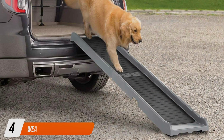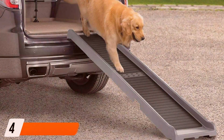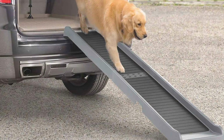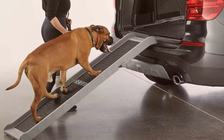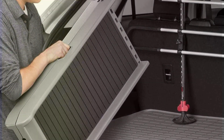Next up at number 4, we have the WeatherTech PetRamp, your trusted solution for enhancing your pet's mobility and safety. With its innovative design and premium features, this ramp is a must-have accessory for pet owners on the go. Crafted with durability in mind, the WeatherTech PetRamp is built to withstand the rigors of daily use. Made from high-quality materials, it offers long-lasting performance, ensuring your furry friend has reliable access to elevated surfaces for years